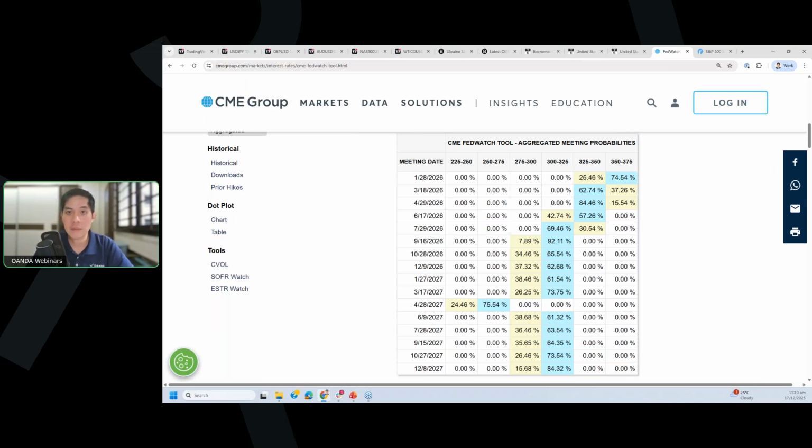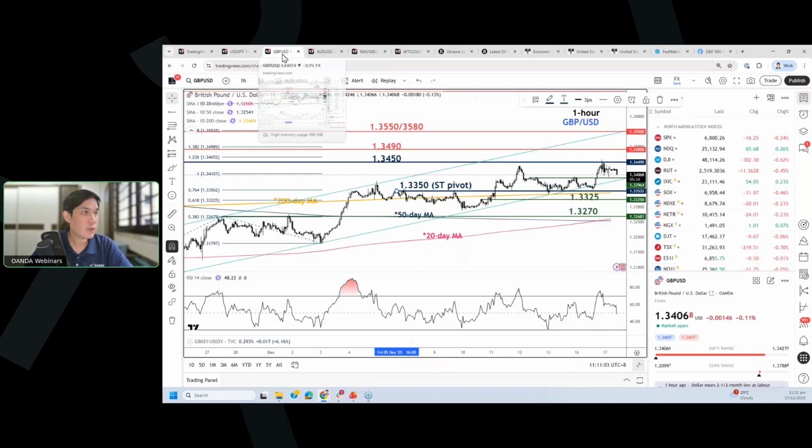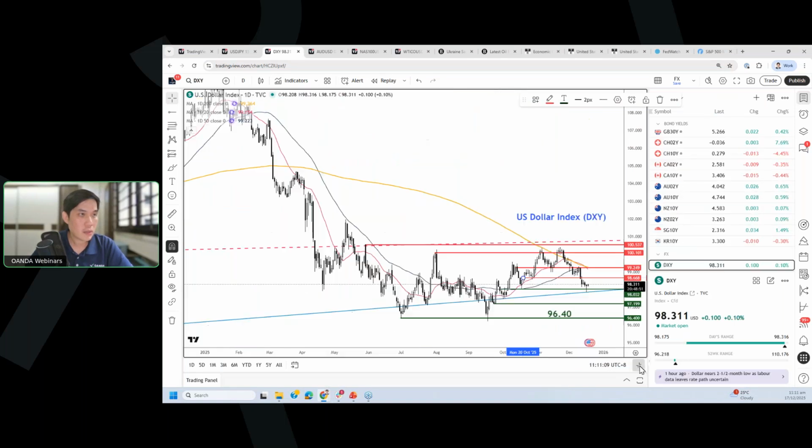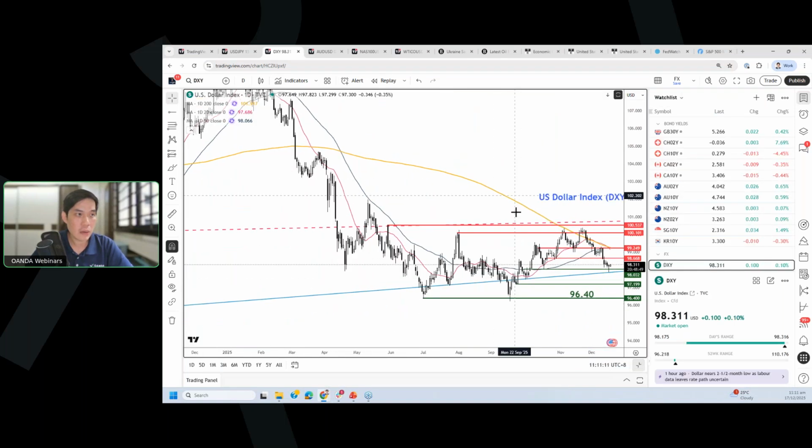So the Dow hasn't really changed much as compared to before the release of the non-farm payroll data, as well as the release of the preliminary S&P Global services PMI flash figure for December for the US economy. But the markets have reacted accordingly, especially the FX market. So if you look at the FX market over here by looking at the state of the US dollar, the US dollar managed to actually slide down within our expectation.